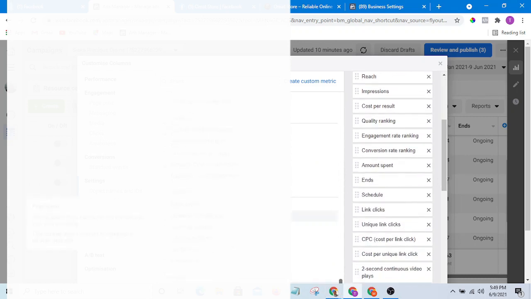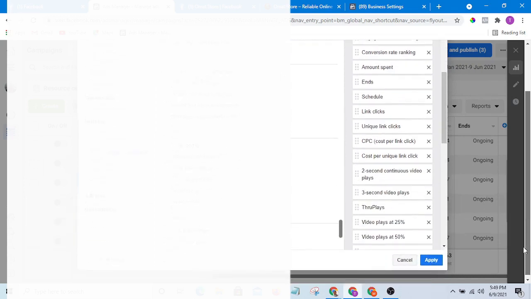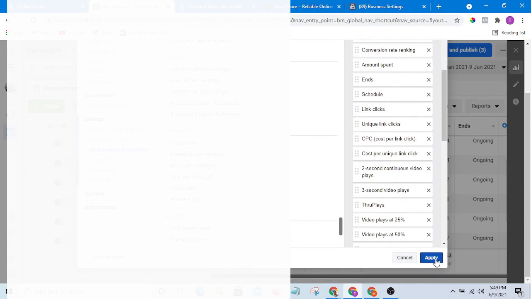Now once you have selected all that, you will see apply here. If you apply it here, it is going to appear in your ads manager. But I would like to save this preset so that next time I wouldn't have to go through all of this all over again.